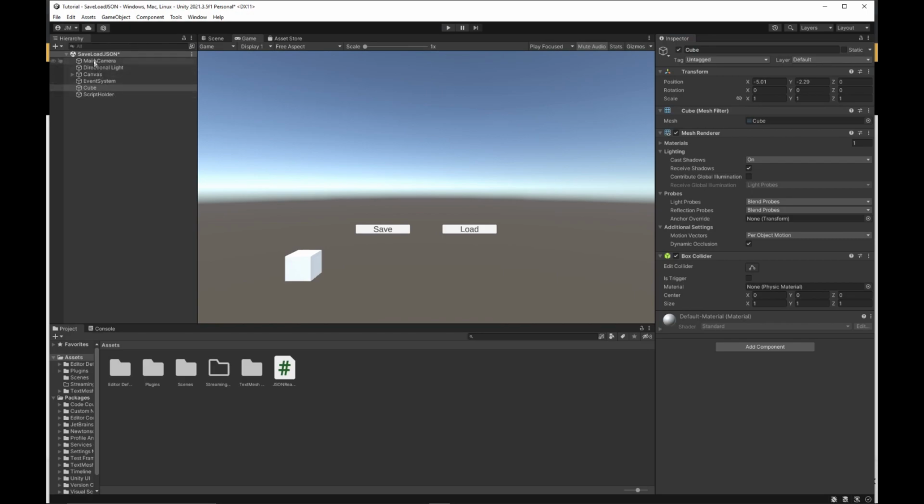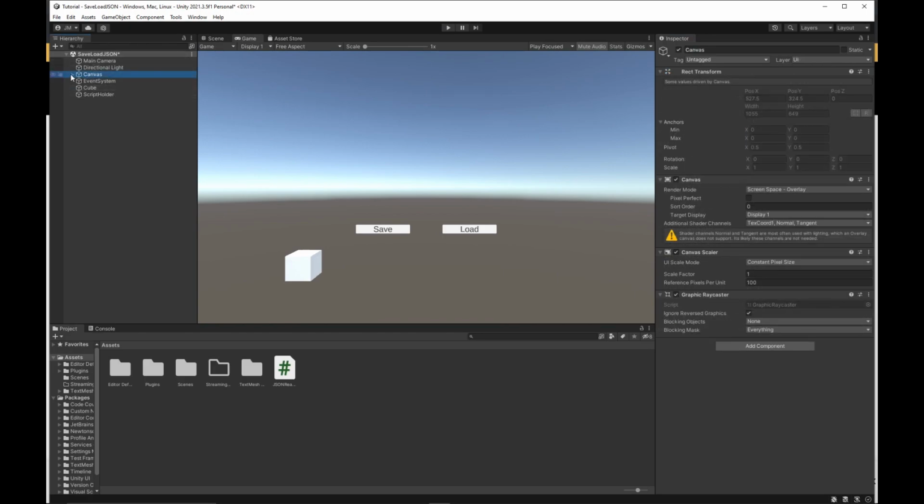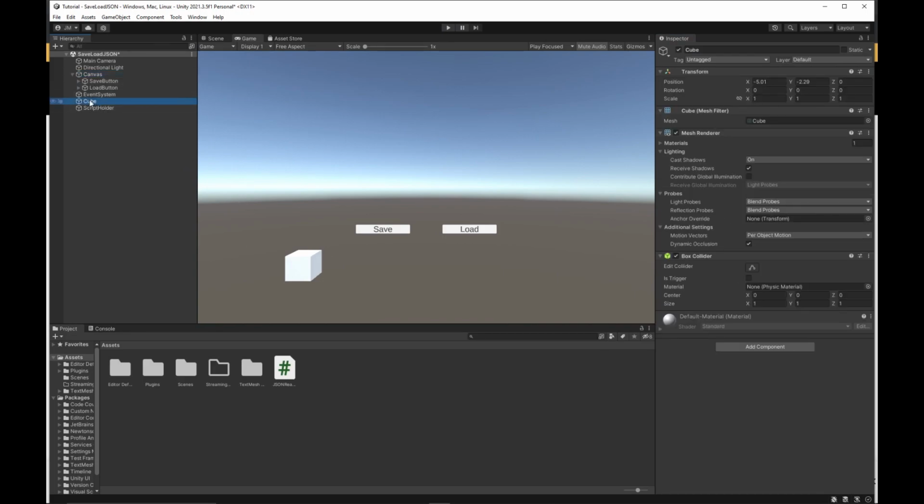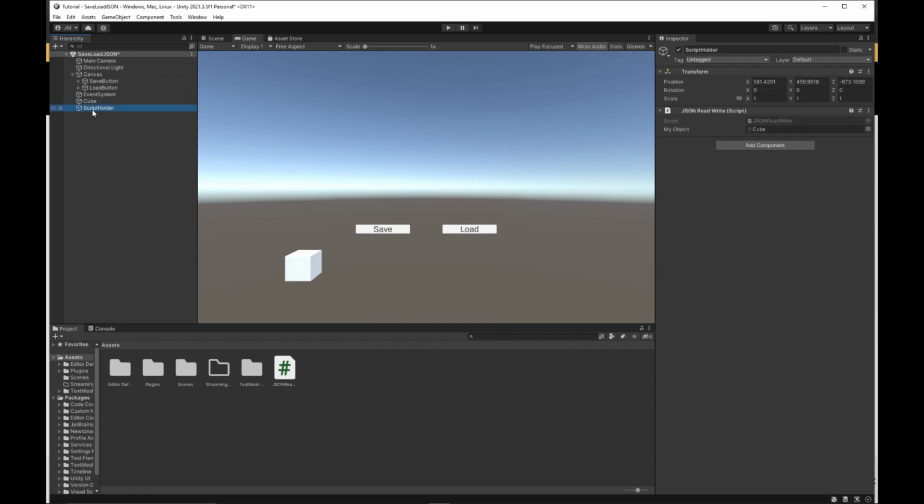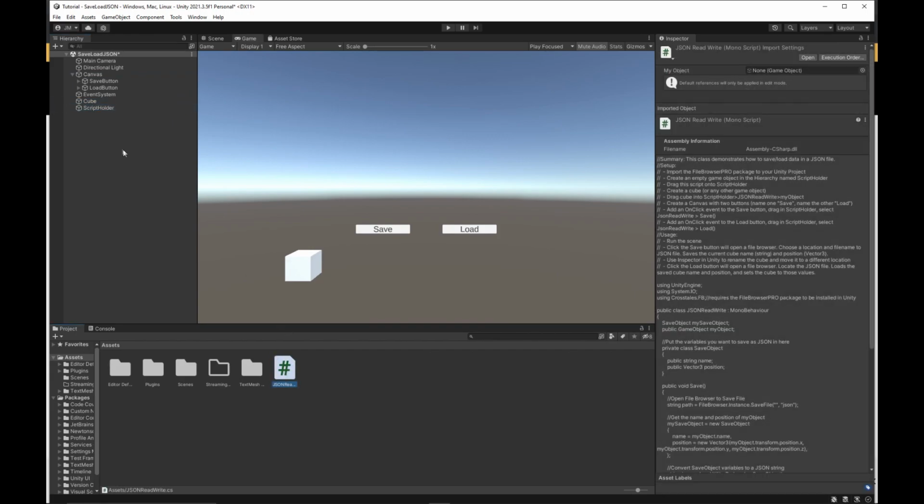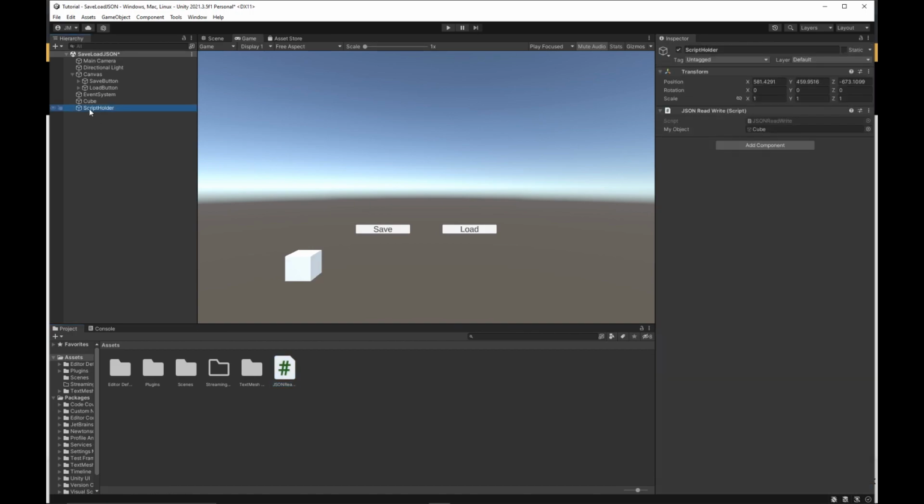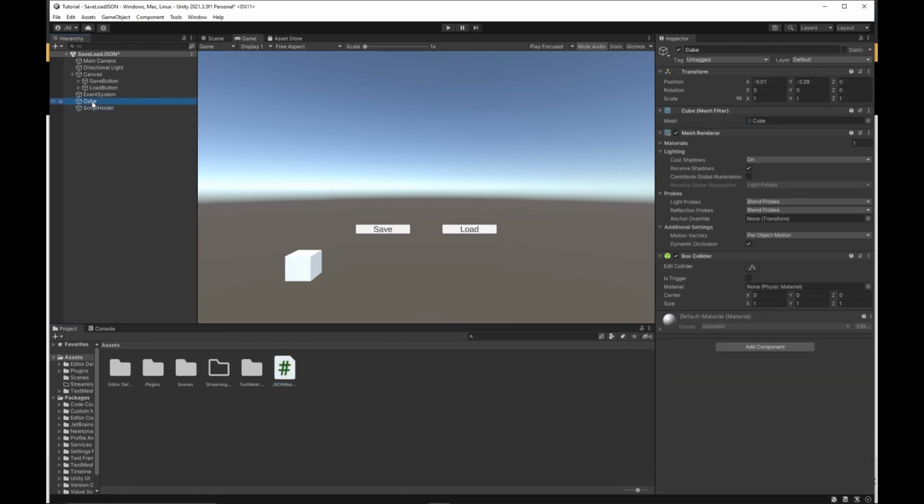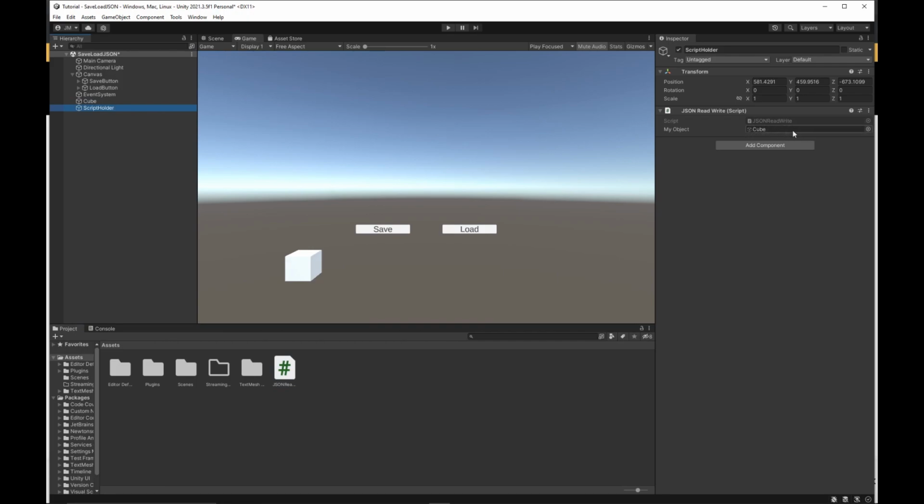The scene setup, you basically give yourself a canvas, add two buttons, name them save and load. Give yourself a cube, this could be any game object, and then make a script holder, and we're going to make this script, drag that onto the script holder, drag your game object into the script holder under my object,